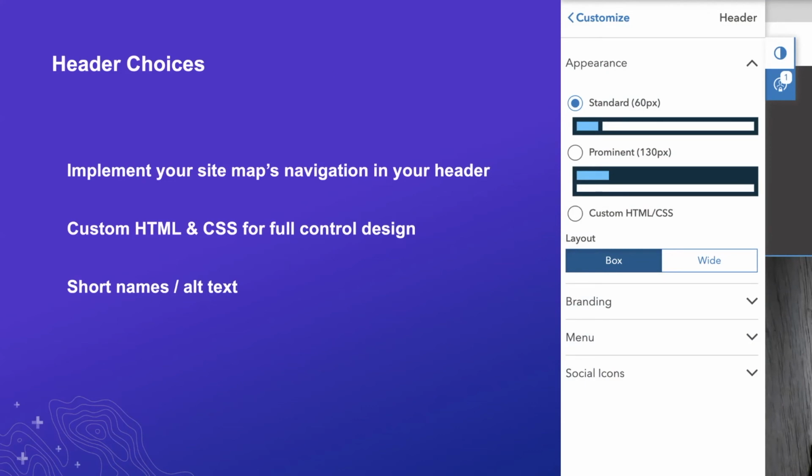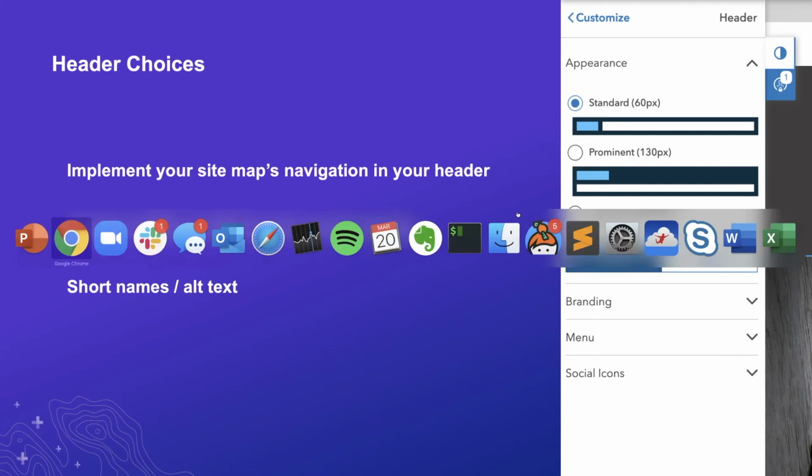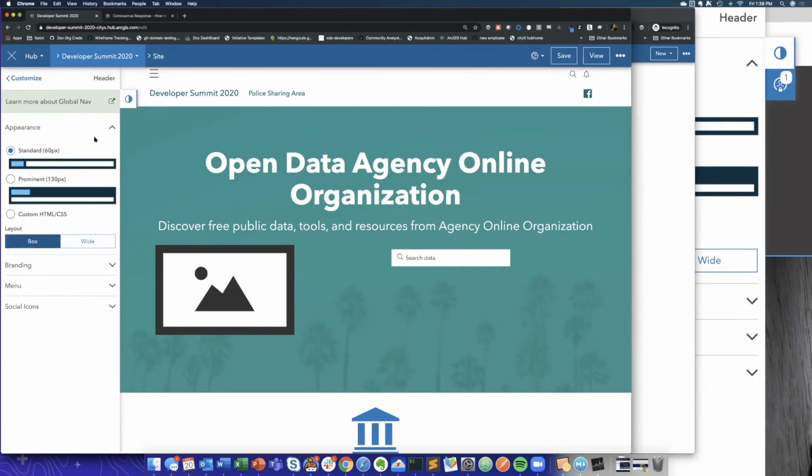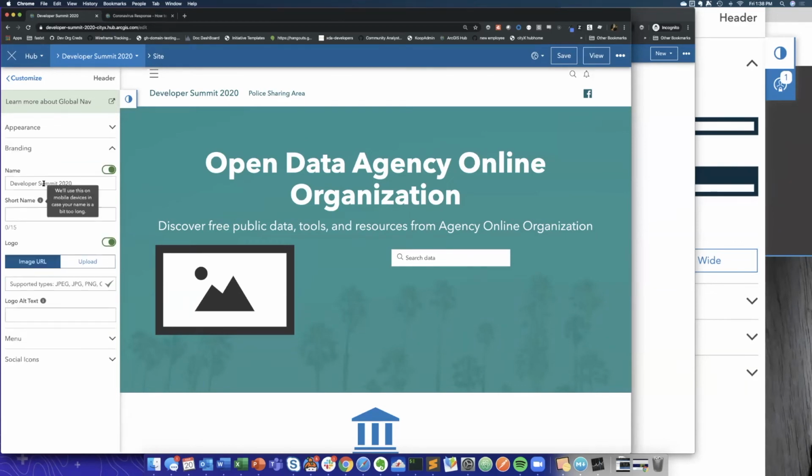They're very popular in ArcGIS Online because it makes making a header very, very easy. So to show you just a little bit of that, this is the header section. We can set a number of different things. So if I have a brand or a logo that I want to attach here, I can call this Dev Summit